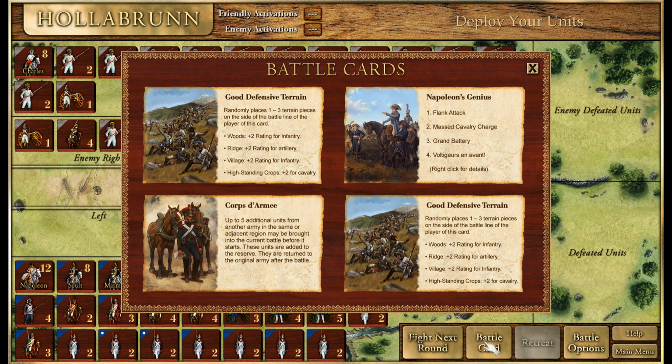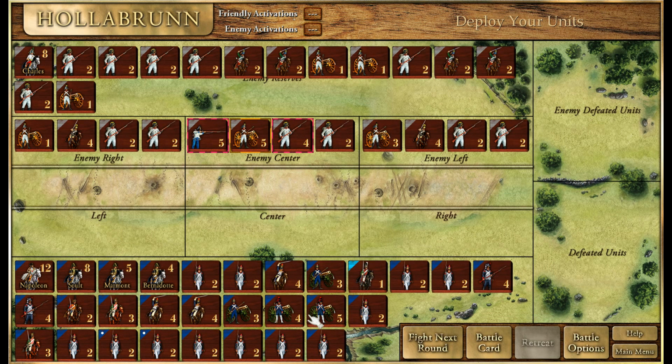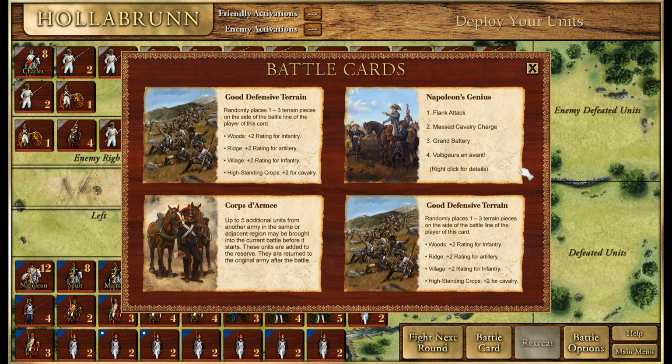Well, I'm tempted. We have Napoleon's genius, and we have an artillery superiority, even though maybe not quite as many batteries. They are better. 1, 2, 3, 4. That should be all of them. Refusing the center is not an attack on the wings, maybe I should put it that way. An attack on the wings while refusing the center is not workable. He'll be able to feed troops into the center and to the left or to the right as he sees fit. A battle card now playing good defensive terrain